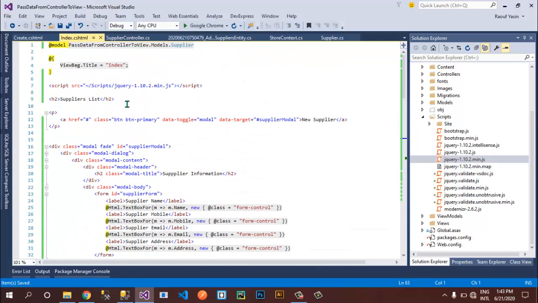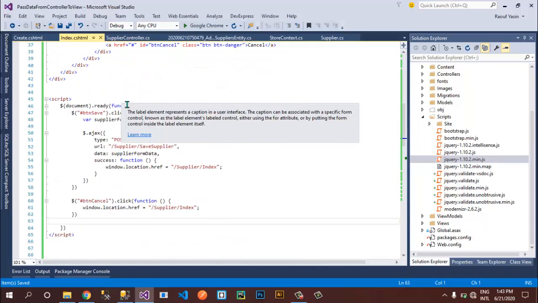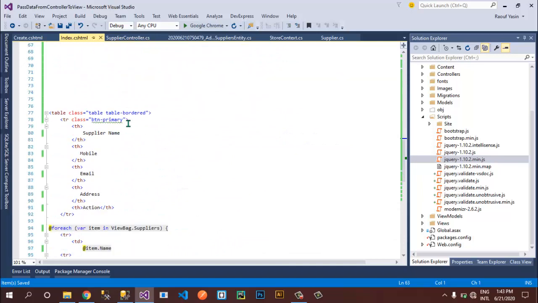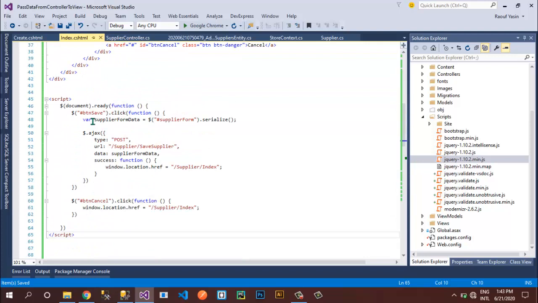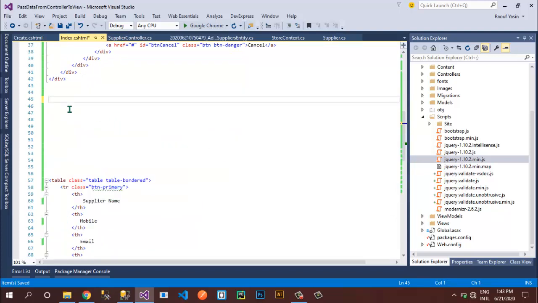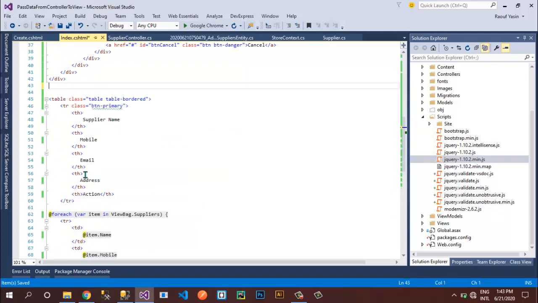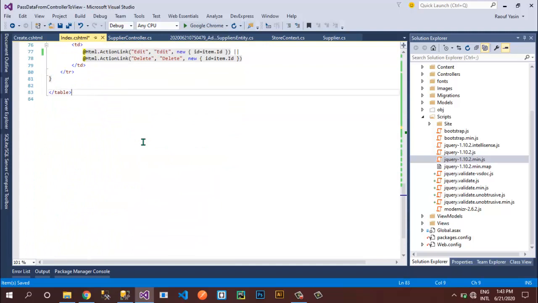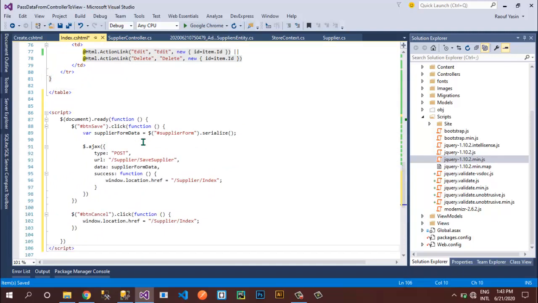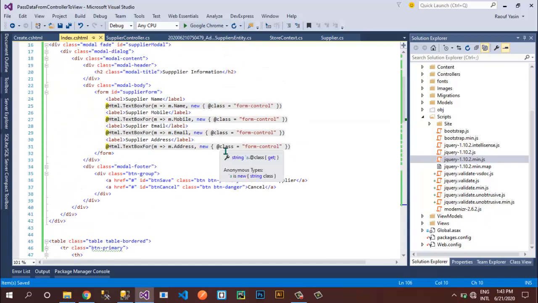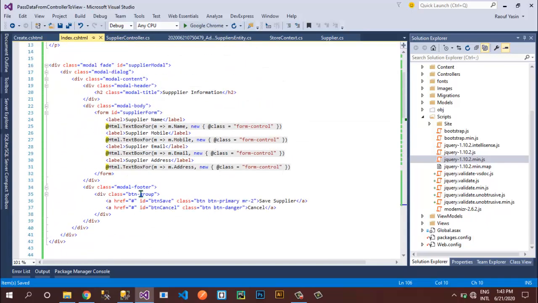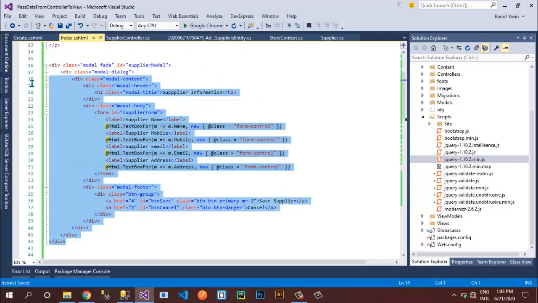this is our suppliers list, and we have this table over here in this suppliers list. So let's grab this jQuery Ajax from here to the end of our form. Okay, so I want to create another bootstrap modal for displaying a confirmation message box. So I'll grab this code from here.